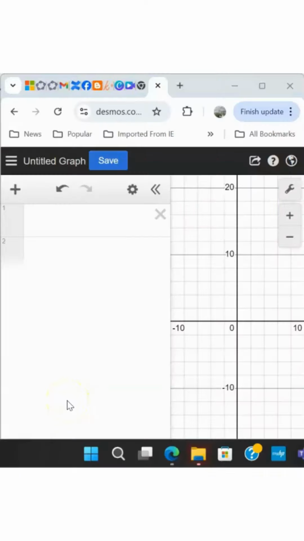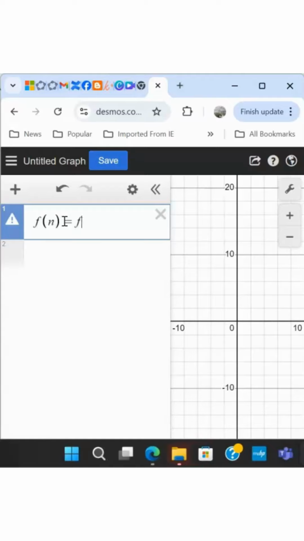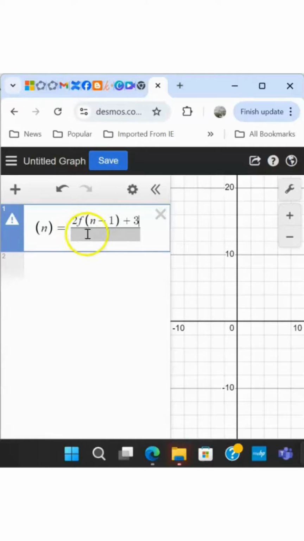All right, so we're going to solve this using Desmos, and Desmos is a nice way to solve recursive type problems. We are going to put it in function format. So I'm going to define f of n is equal to, and I'm going to make a fraction bar, 2 times f of n minus 1 plus 3 in the numerator, and then I'm going to say f